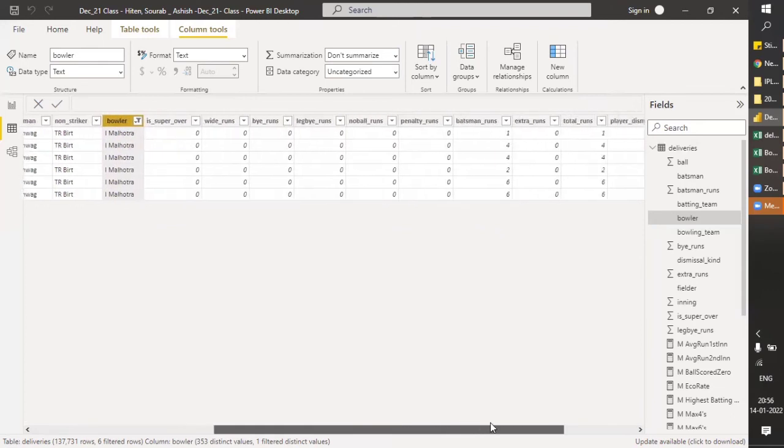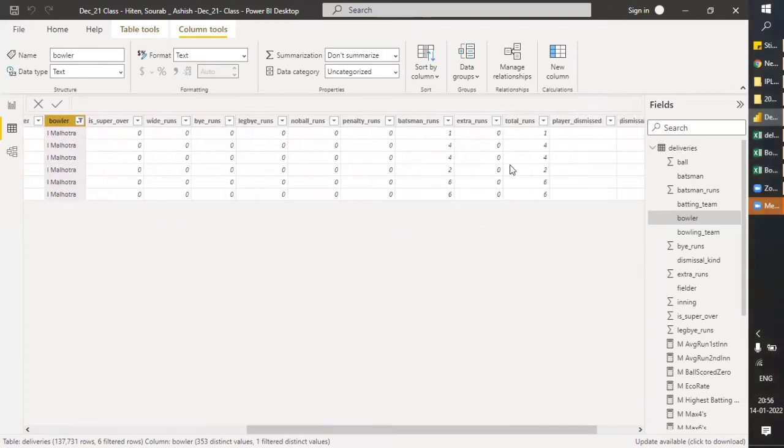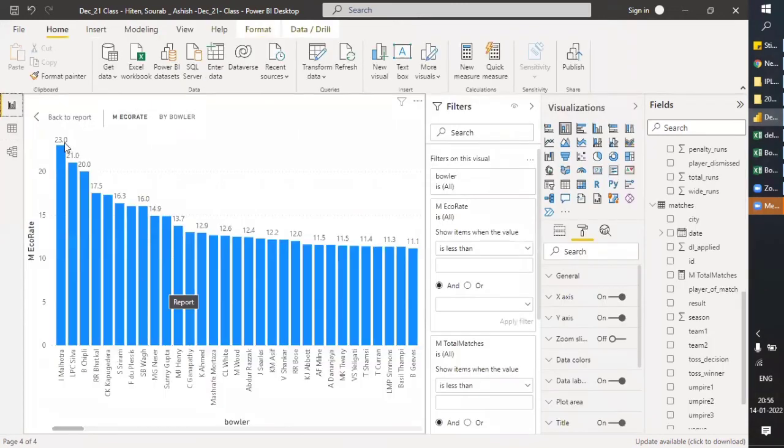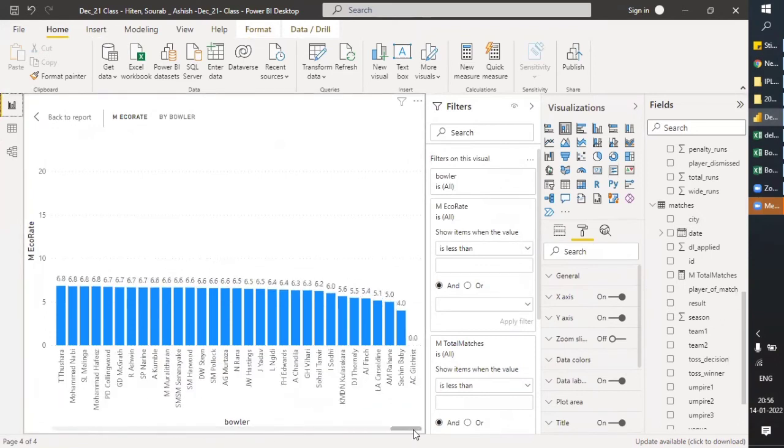And how many runs has he given in those 6 balls? 4, 15, 9, 11, 11, 17, and 6. So he has 23 as the average here. You can see.